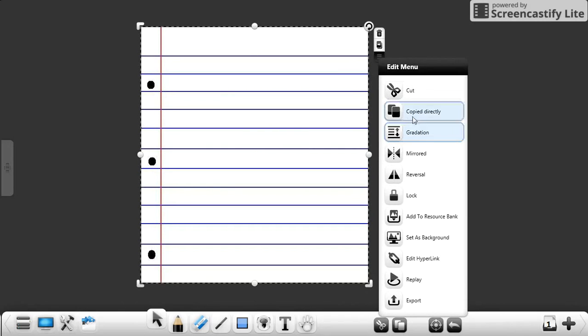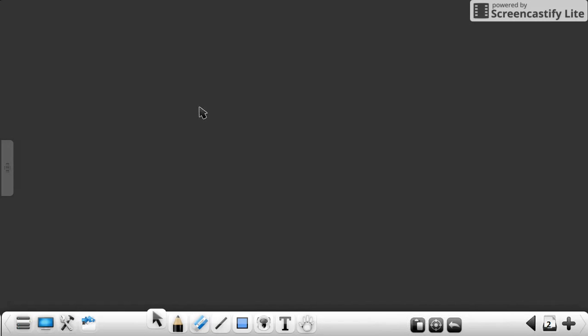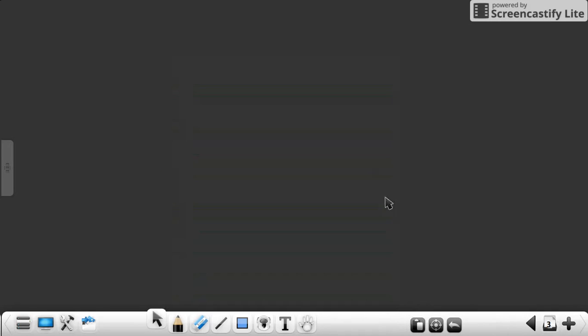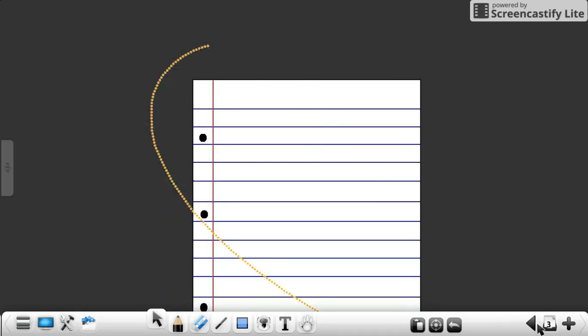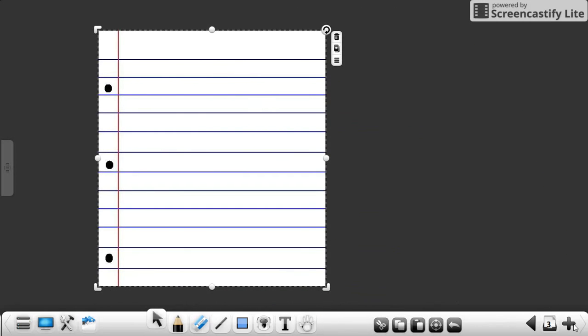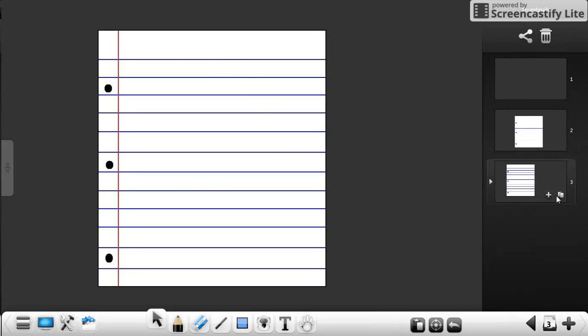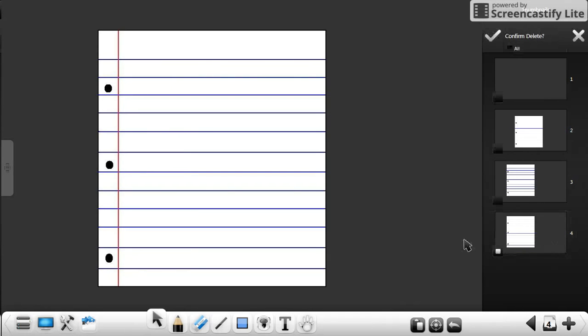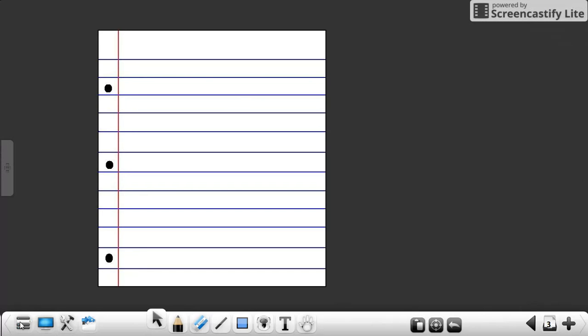The other thing I can do is if I want to cut it and go to a new page, I would simply click paste down here. And I have those same tools. I can copy it, put it in a page, click paste. Now let's say that I have this picture on this page and I just want to get it again. Well, I just click copy right there and the exact same page comes up twice. If I accidentally need to delete that one, I just click page, confirm it, and now it's deleted. So that is some of the ways you can use the tools to manipulate